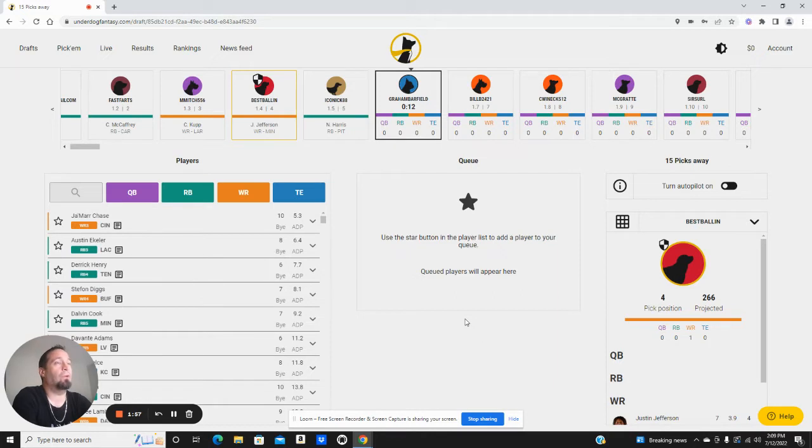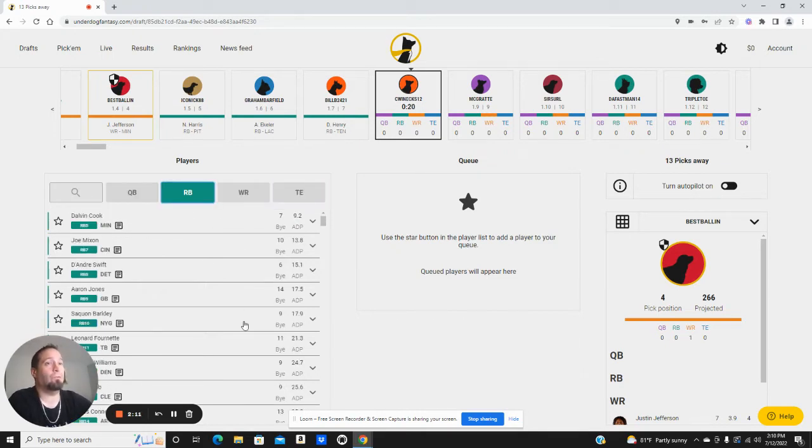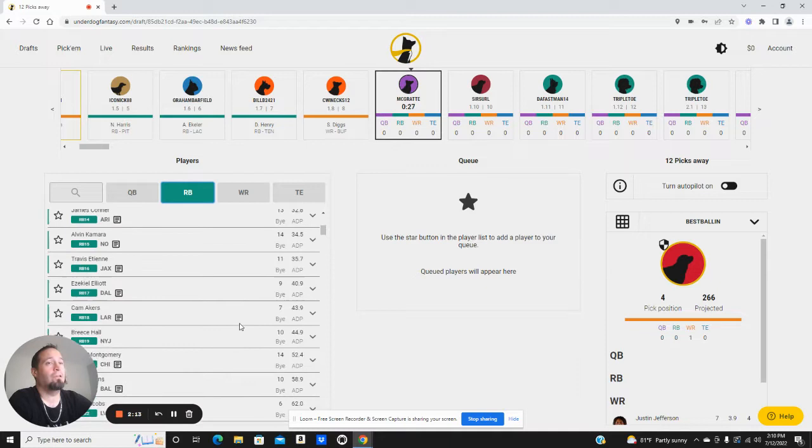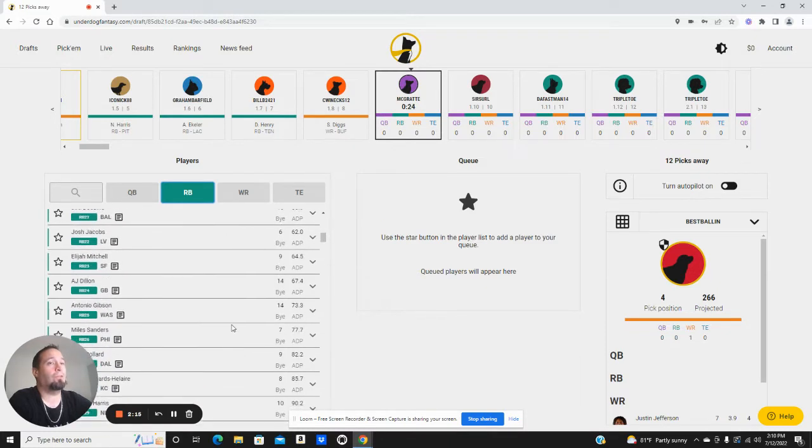So the reason why that is so: you got your zero RB, which to me, the problem with using these terms is like people just completely have different ideas and different definitions for what they mean. So that's the danger of using all these terms when we're describing the roster constructions.